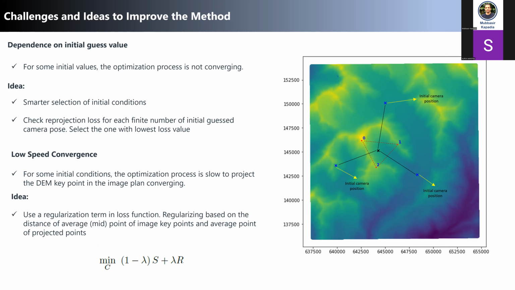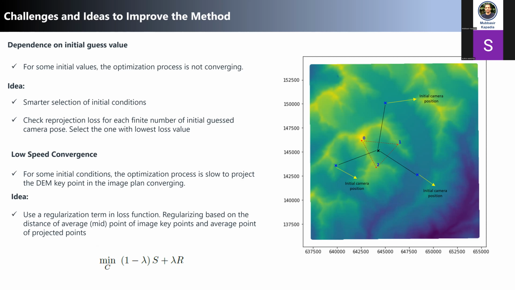And another challenge was the low speed of convergence. The idea was to use a regularization term in the loss function, regularizing based on the distance of the average or mid point of image key points and the average point of projected points. And here's the equation for